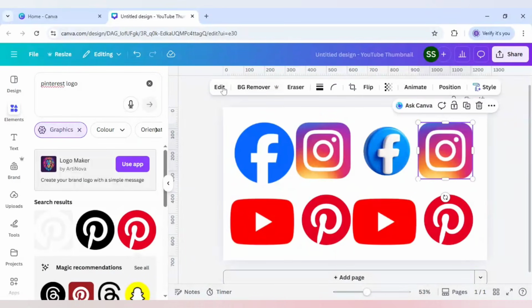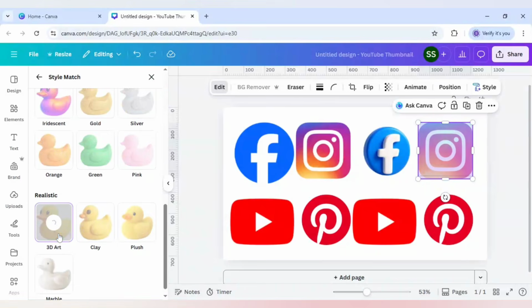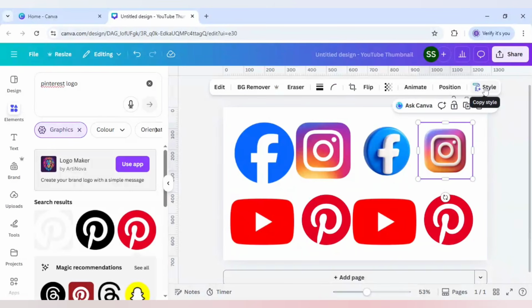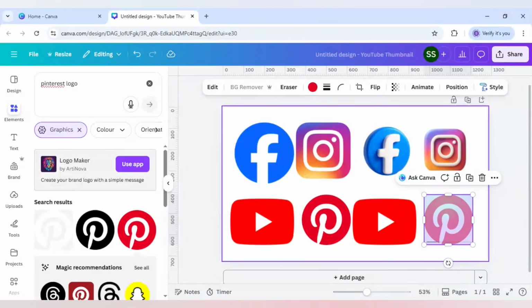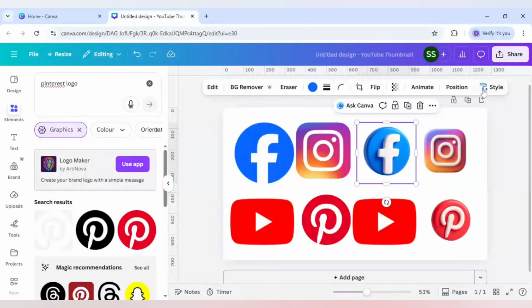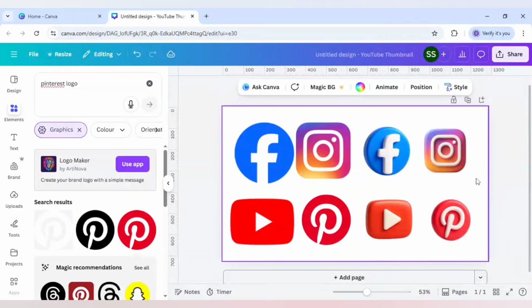So for the Facebook it is done. Let's try for the Instagram. So these two are done. Now as I said, I will follow one process for this and another process for these two. So I will show you the second process, which is just click on this, click on copy style and just use it here. So as you can see, the Pinterest logo is also converted. Let's try for this YouTube. So as you can see, both the processes work, and you can try any one process